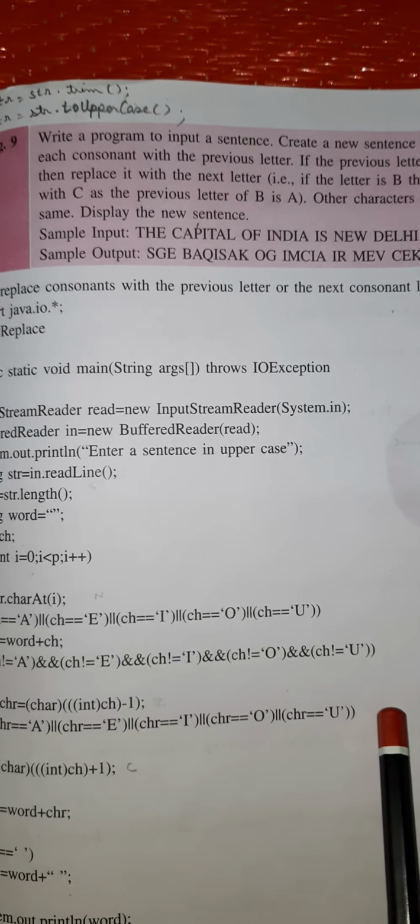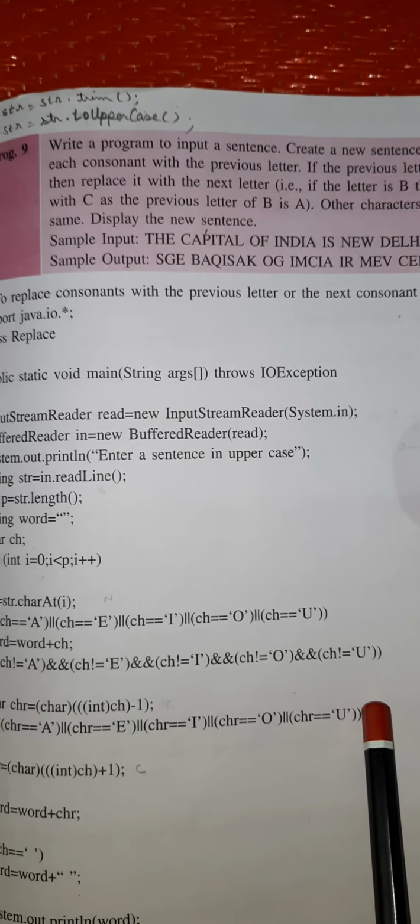If it is a vowel, then it will change to +1, not -1.